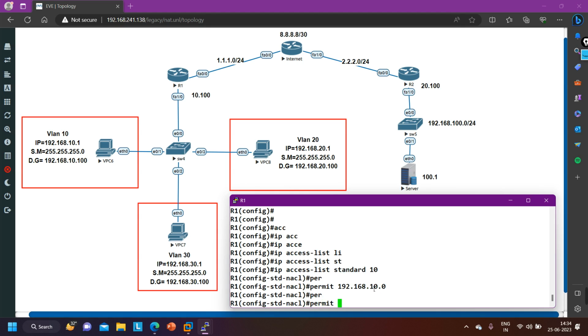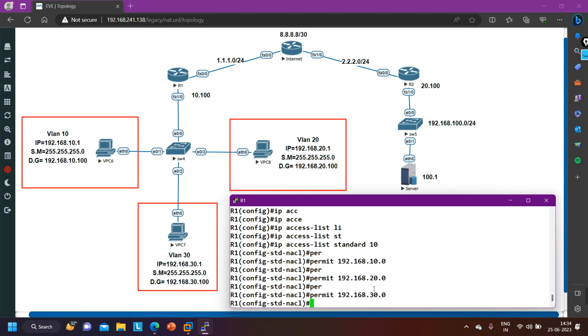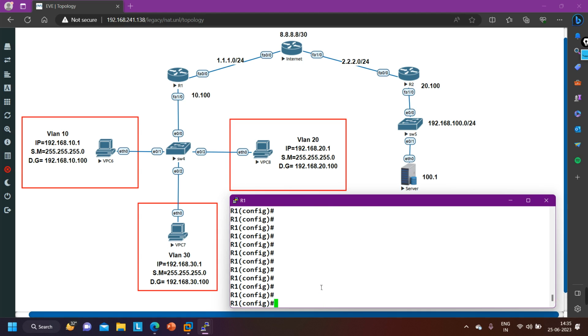I am going to allow 192.168.20.0 also. VLAN 20 users are from this network, and VLAN 30 users are from the 192.168.30.0 network. So I have created the access control list. In the access control list there are 3 matches, yes or no? Now we need to enable NATing, and as you know, before enabling NATing we need to define